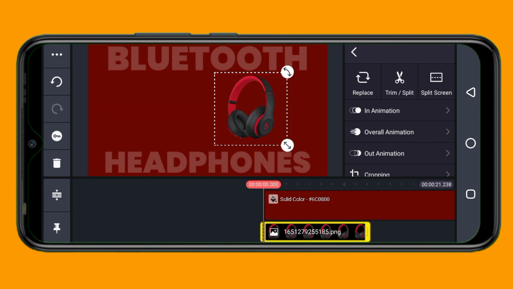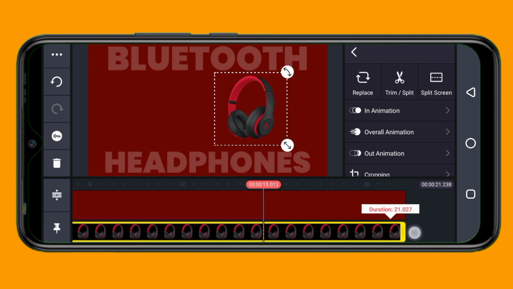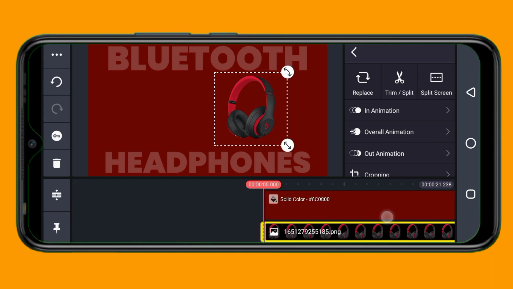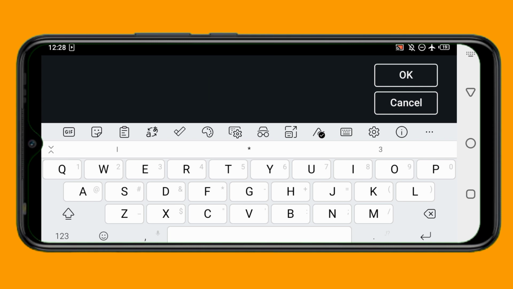Once I do that, the next thing for me to do is to type out my text, that is the Bluetooth headphone. Before I do that, let me just extend the size of this to the end of the video. So I'm going to tap on my layer, then I'll click on this text. I want to start adding my text right now, so I'll just type Bluetooth,